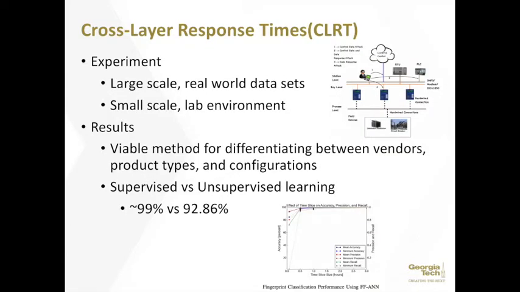They tested the cross-layer response times by first experimenting on a large-scale real-world data set. They collected about 20 gigabytes of data over 5 months from a live power substation running DNP3. Then, over a year later, another month of data was collected from the same substation after a change was implemented. They removed the main router and replaced it with a new switch, changing the IP address scheme and some other configurations. This change would alter the device fingerprint, and could cross-layer response time pick up on that change?